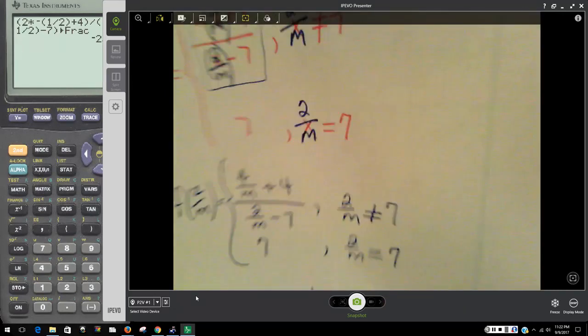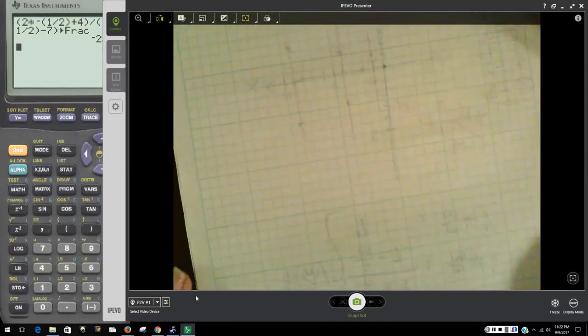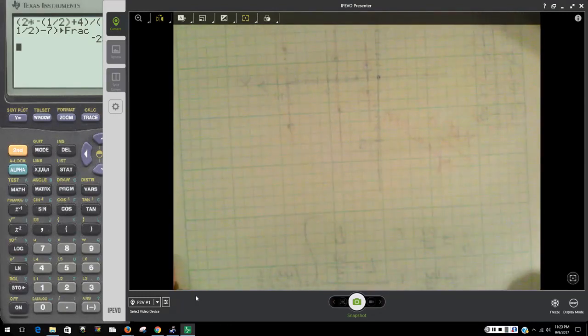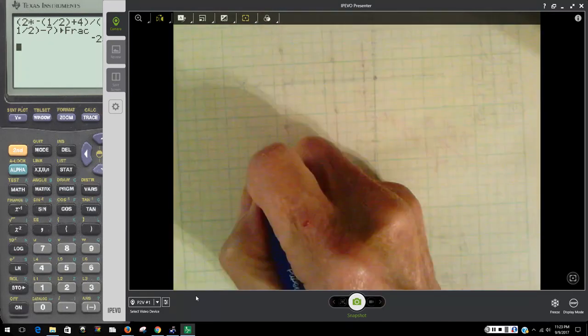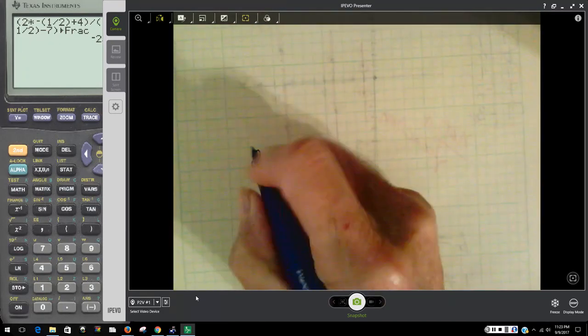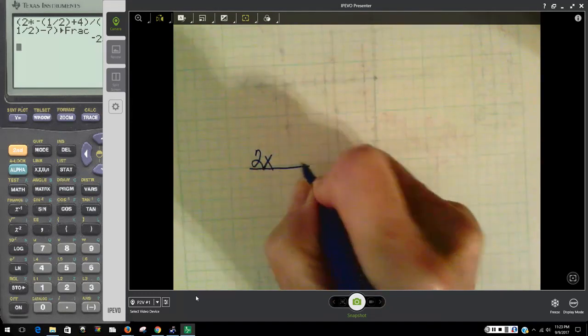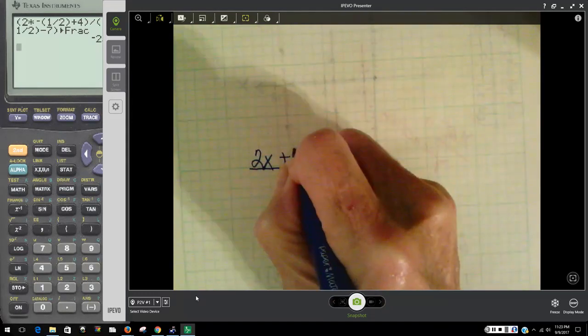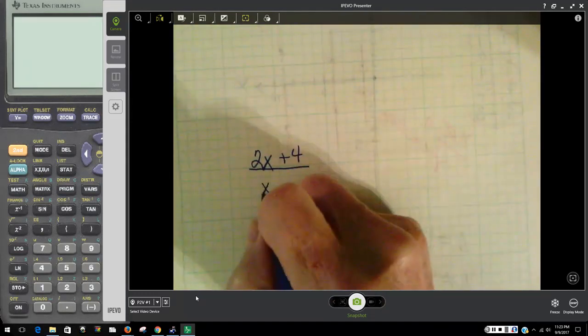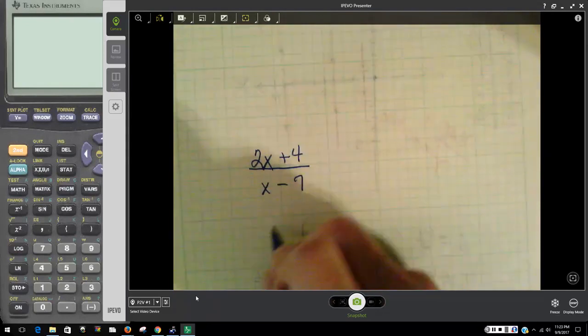Probably need to recopy. So our 2x plus 4 over x minus 7